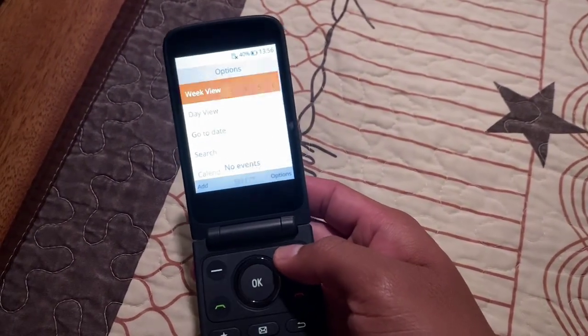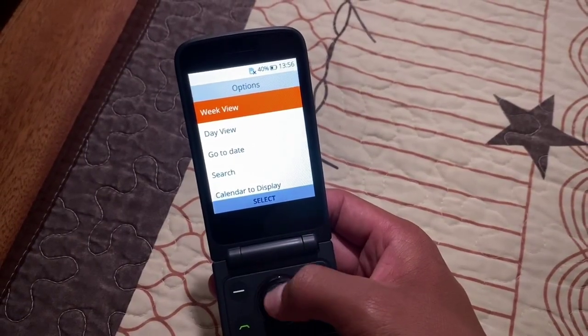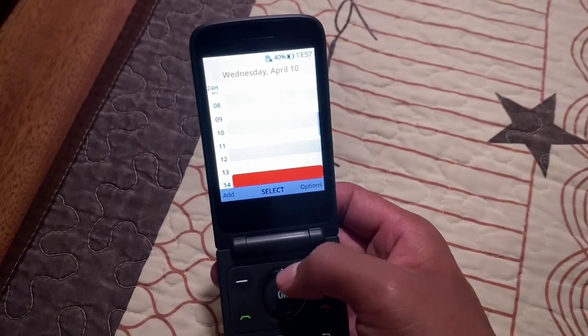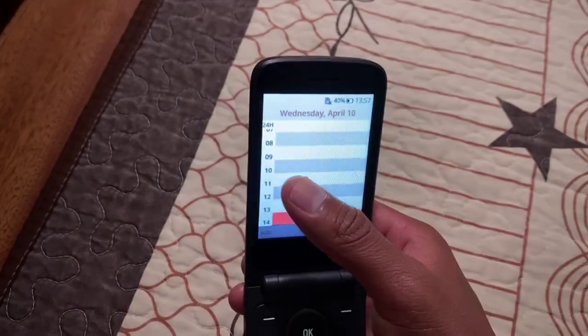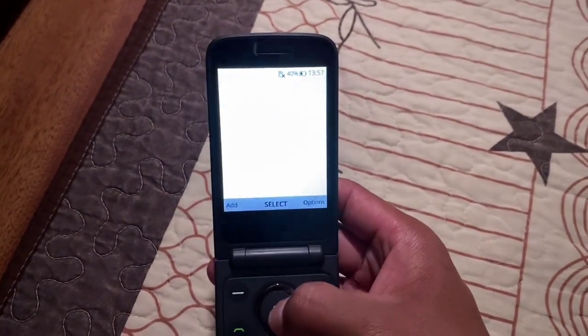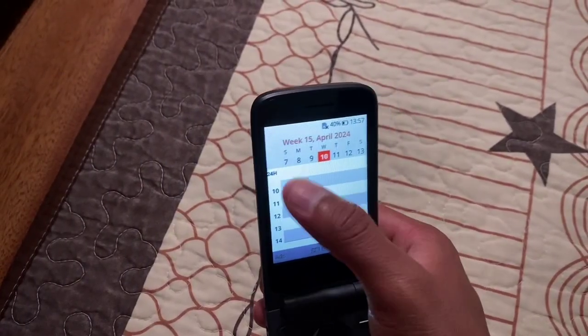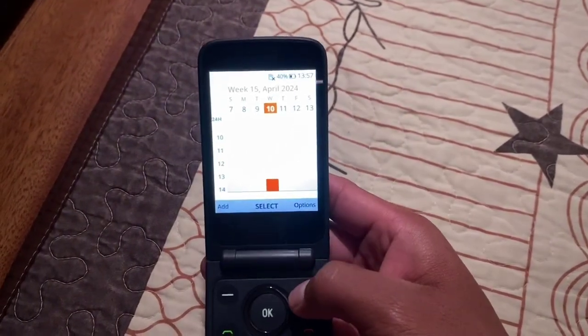And these options, this is where you select if you want to see weekly view, day view is this. So yeah, it's gonna show all the events you have for this day. If you want week view, it's gonna show this. So it's gonna show events for that week. Now if you want